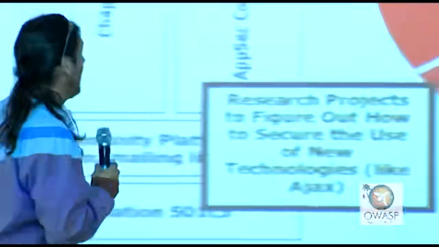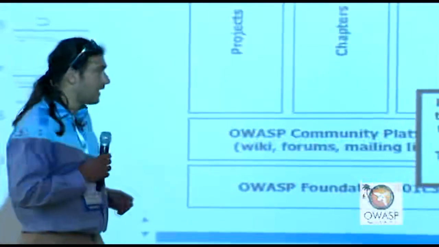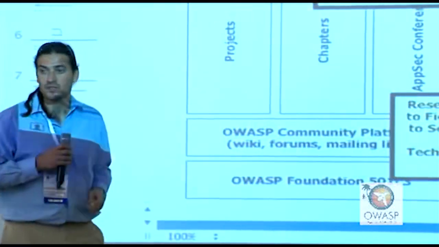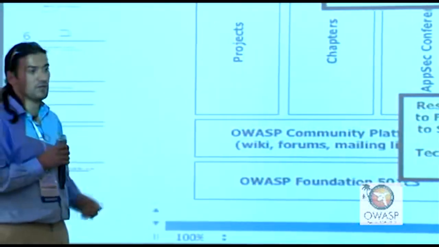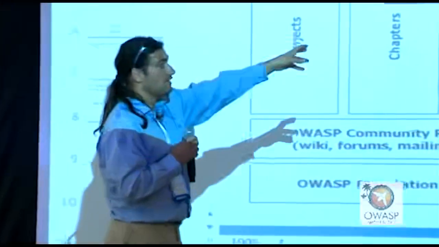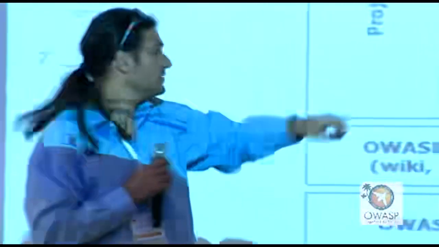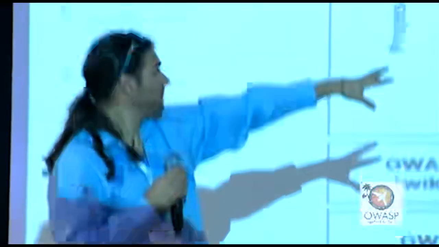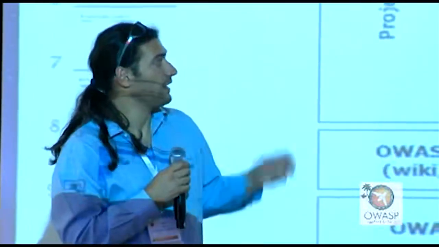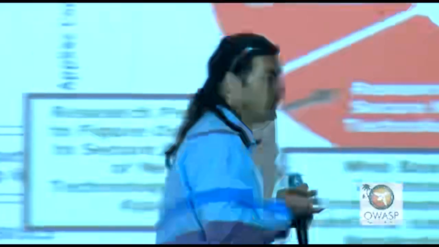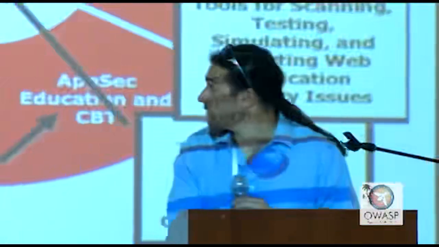So one of the things we have at OWASP is quite a big set of projects that in some ways cover the entire space of application security. We have things from managing application security with guidance, we have a bunch of tools, we have application security education materials, we do a lot of research on new technologies, and we're trying to figure out a way of building and acquiring secure applications and also verifying them. So there's a whole bunch of projects that cover this spectrum, and we're involved in quite a lot of them.